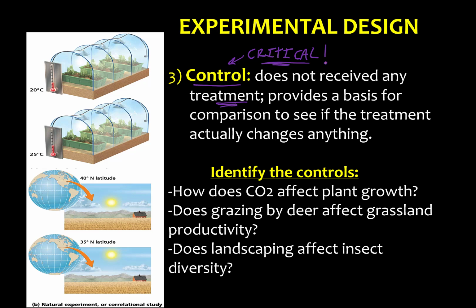Without a control, you can't draw any conclusions. The reason is you need the control to provide a basis for comparison to see if your treatment actually changes anything. If we didn't have this top greenhouse, and we wanted to test the hypothesis that increased temperature would increase plant growth, we could set up this second greenhouse, pick a high temperature, and grow our plants and then measure them, and maybe say that every plant has a height